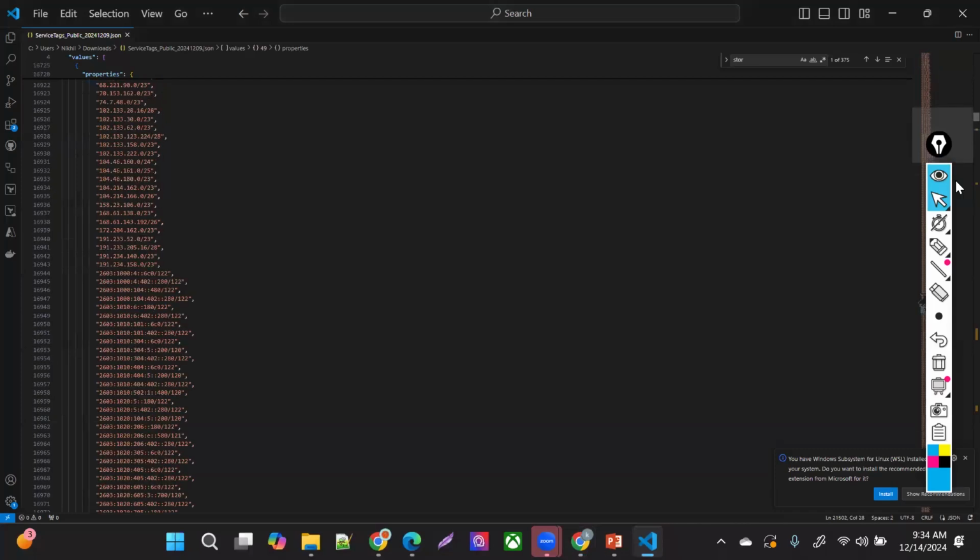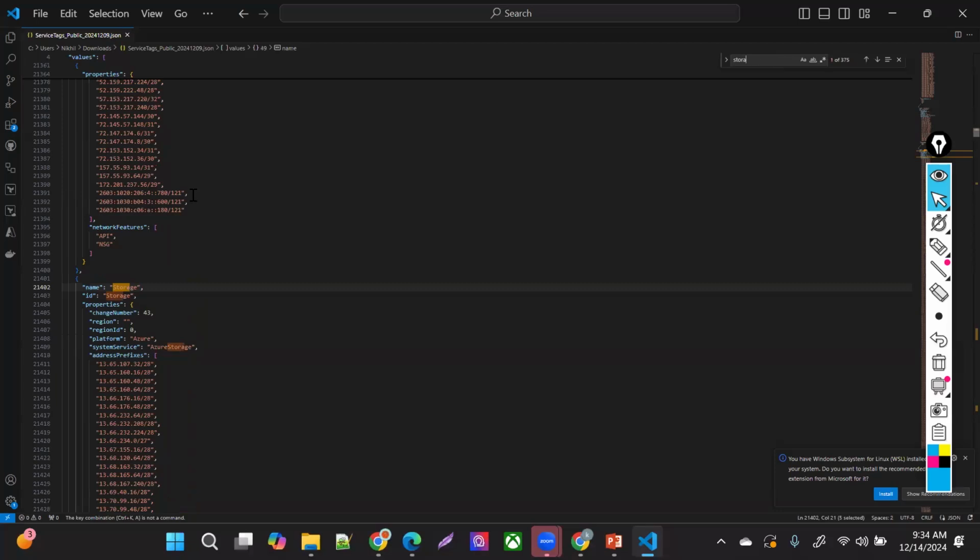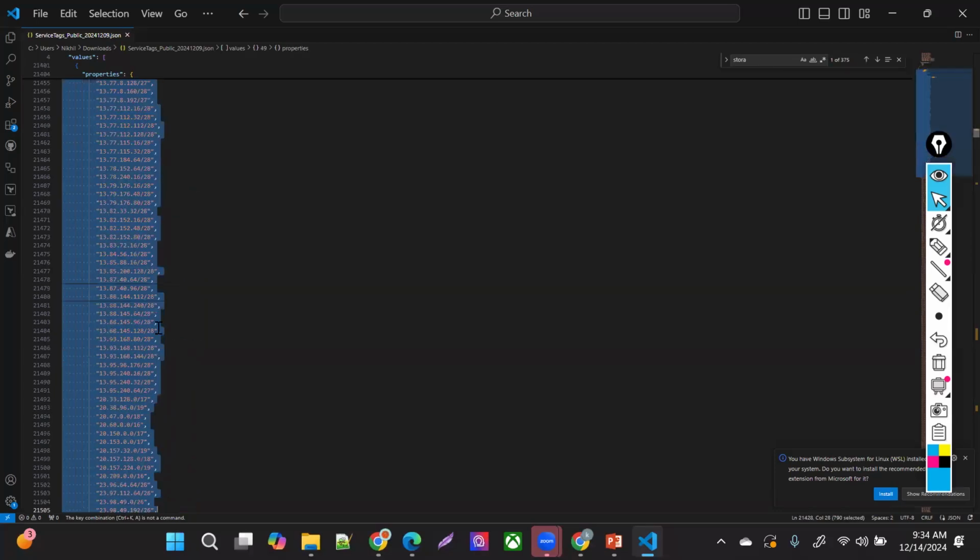Sometimes we get the requirement to whitelist IP addresses for the Azure endpoint. If they say, whitelist the IP address for the storage account or for Key Vault or for any other services, what do we do in that case? For example, I'm going for the storage account here. I'll take the IP addresses from the particular region that I want to access, and I have all those IP addresses there.